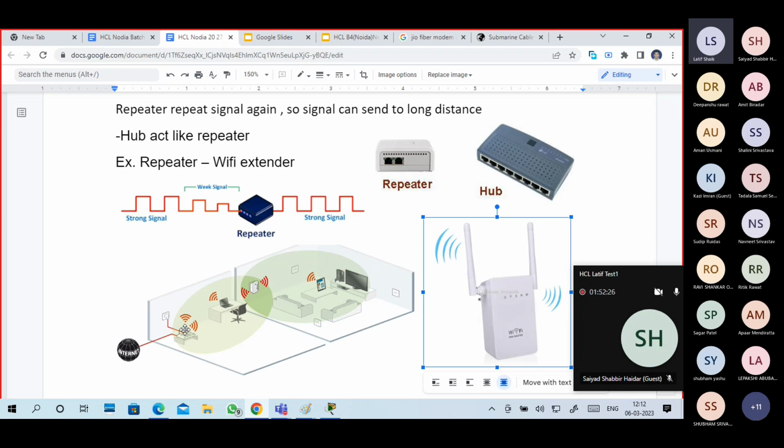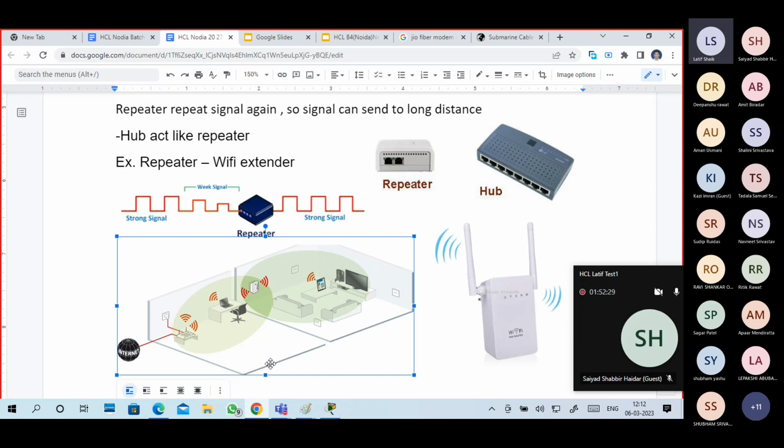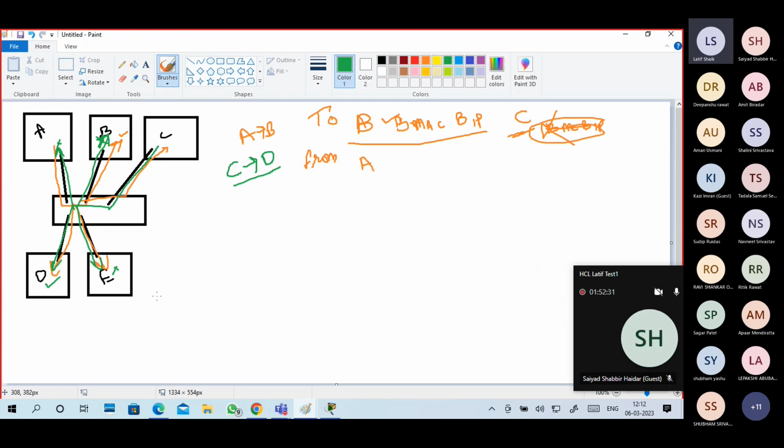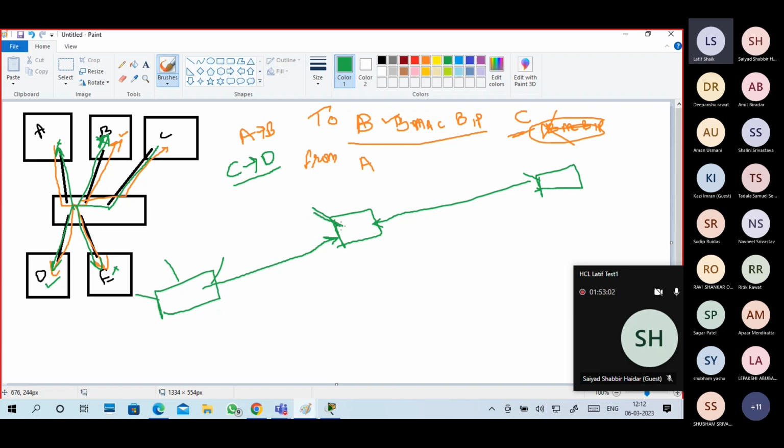So here, in this diagram, in this corner, for example, this is my Wi-Fi router, where it is connected for internet. I'm sitting here, and I'm not getting a proper signal, very little signal or no signal. This Wi-Fi router is giving a signal, and we have to follow the distance in between. I should get a proper signal, so I will receive a signal and then redistribute the signal again.